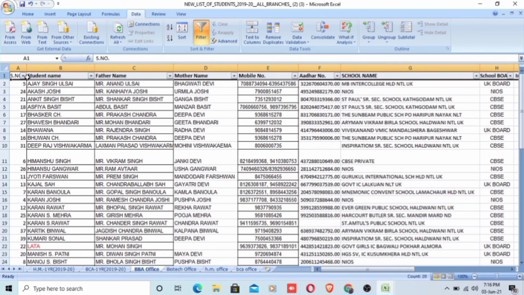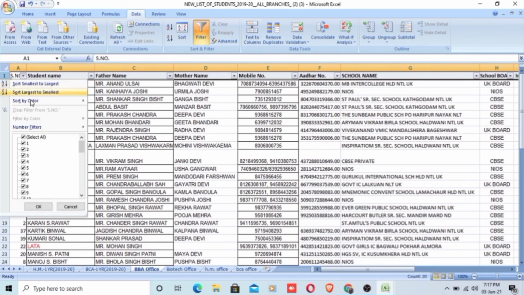As you have seen here, this is the drop-down list that appears in each and every field. Once I click on this Filter tab, all the drop-down lists appear with all the fields. So suppose you want to filter the records with the same data values in a particular field, then you have to click on the drop-down arrow of that field name. So suppose if I want to see a particular record, then I have to click on this arrow and uncheck this Select All box here.